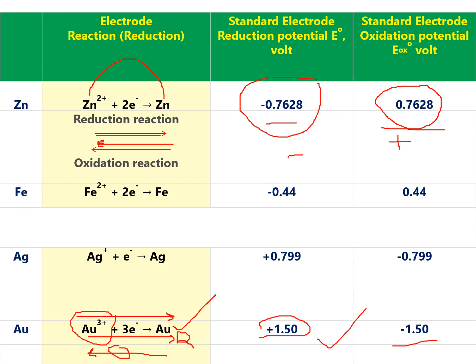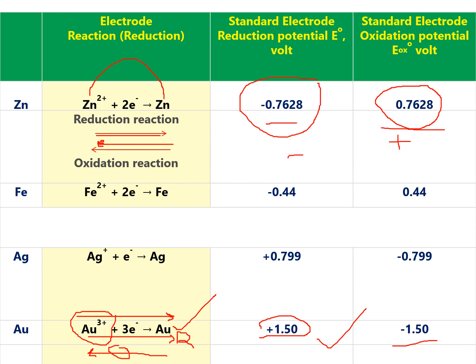But if you keep gold outside, we are all wearing gold ornaments. So a gold ornament doesn't convert into an ionic state. Gold is not going to dissolve in an ionic state. So gold is a stable one. It is not involved in the ionization process. That means Au doesn't convert into Au3+. But Au3+ easily converts into Au because its reduction potential value is a positive one.